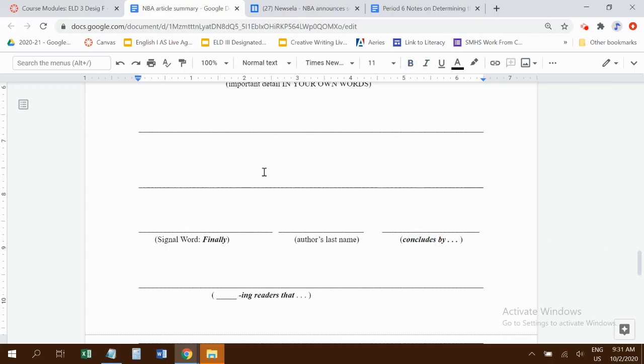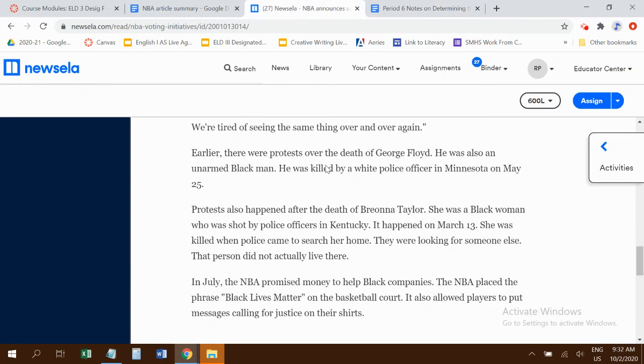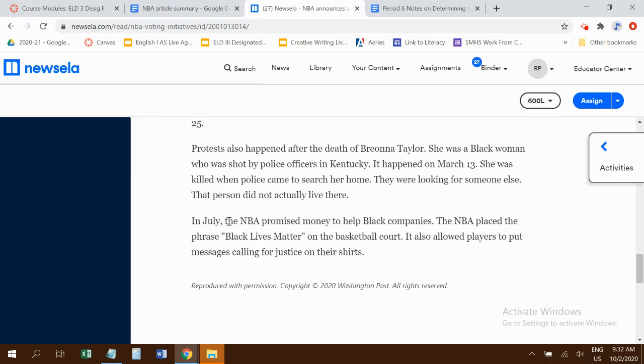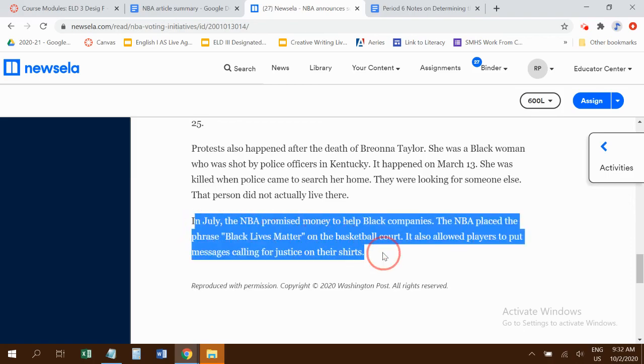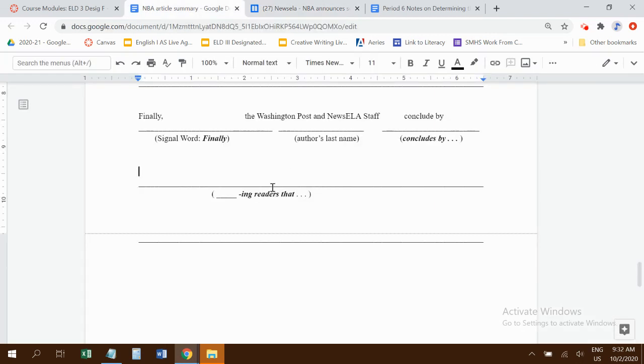Concludes by. So my signal word is going to be finally. Author's last name, again, it's the Washington Post and New Zealand staff. Conclude by. Let's see what happens at the very end of the article. I'm going to check. Okay, this seems to be the end. So because this is talking about July, it's talking about what the NBA did in the past. So they're concluding by reminding, I'm going to use that word, reminding readers